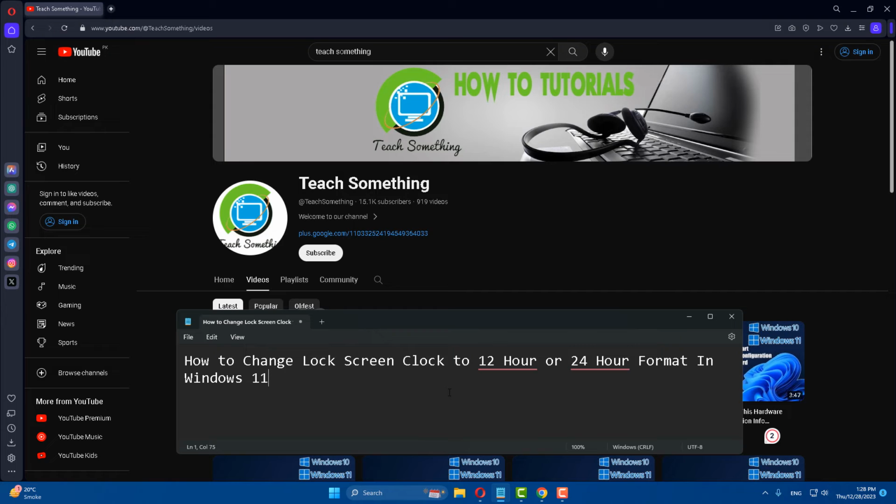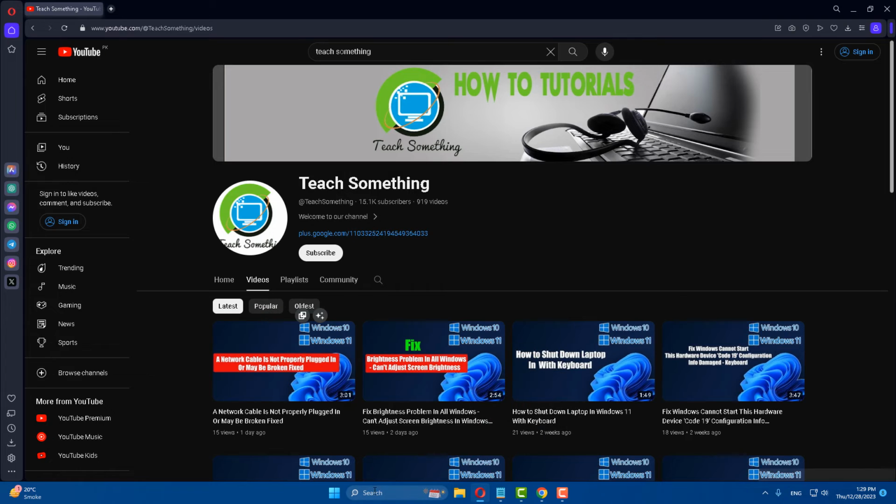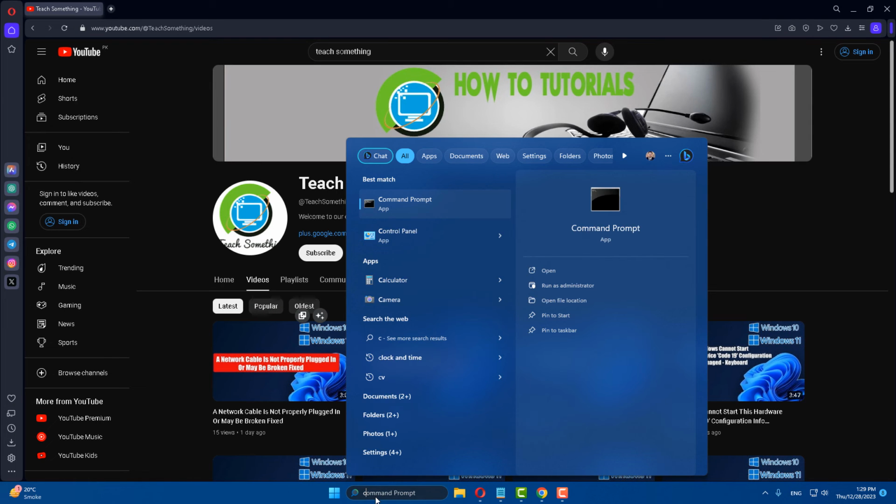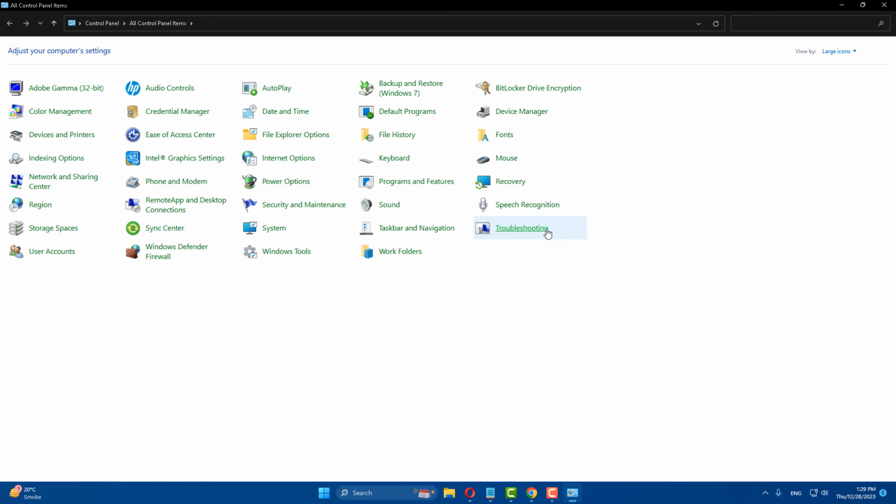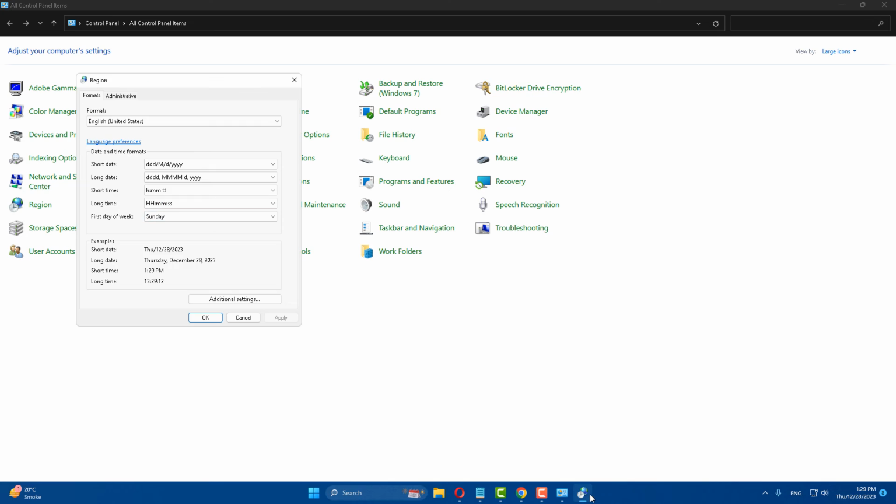So let's get started. We will share secondly 24 hours to 12 hours. Secondly, go to your control panel. If you want to change 24-hour to 12-hour format, go to your region. After that, select